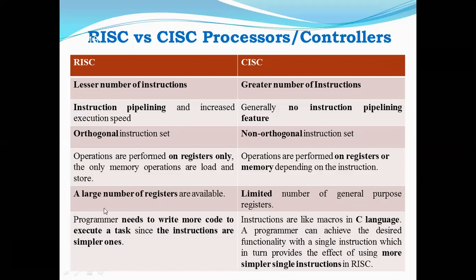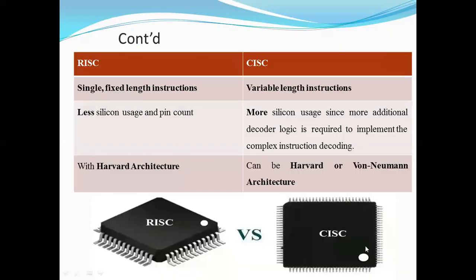Now coming to one more difference, in RISC you have a large number of registers, whereas in CISC, because direct access to data from the memory is there, you have a limited number of registers. And coming to the last one, here the programmer has to write the instructions to execute a task. Again, you require instructions for both RISC and CISC, right? So that difference you can see on the screen. So next we will go